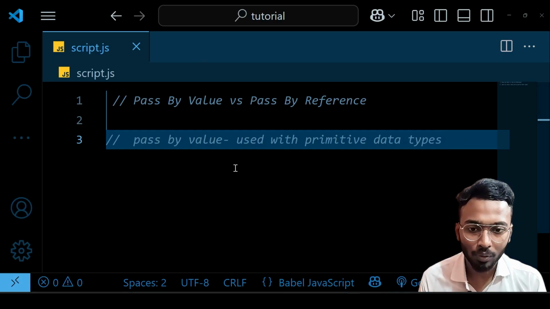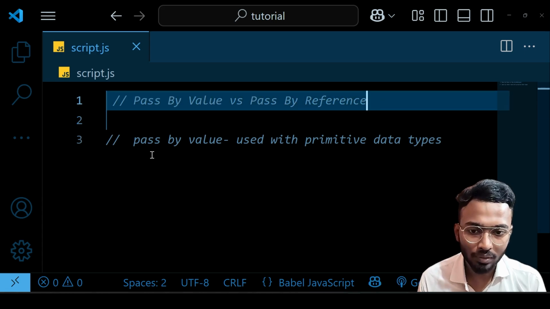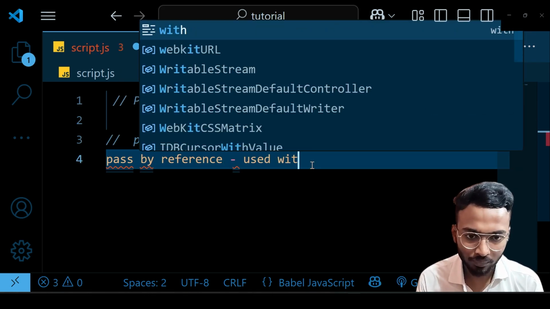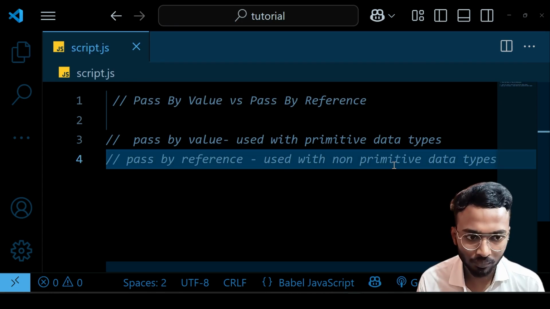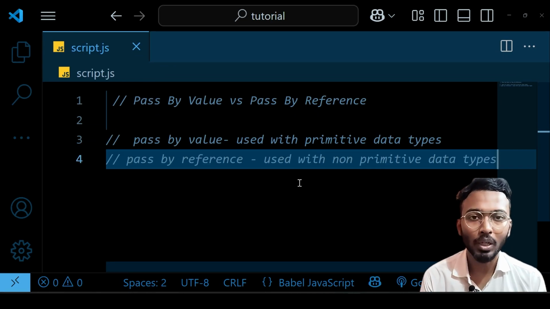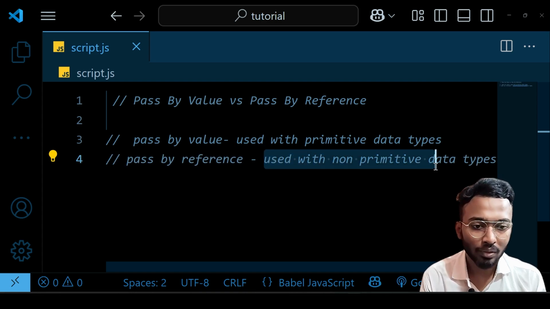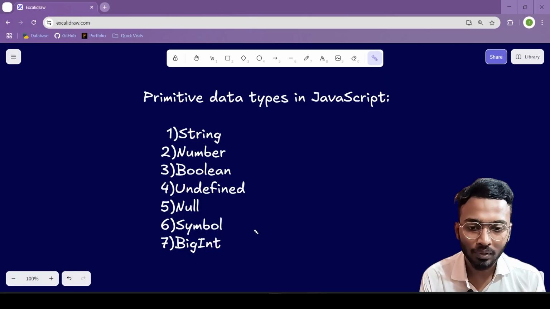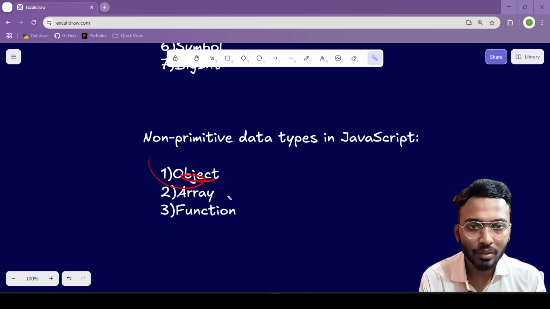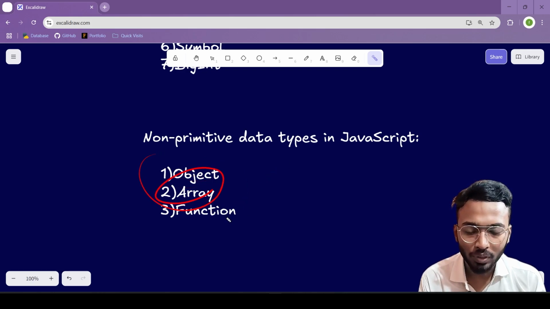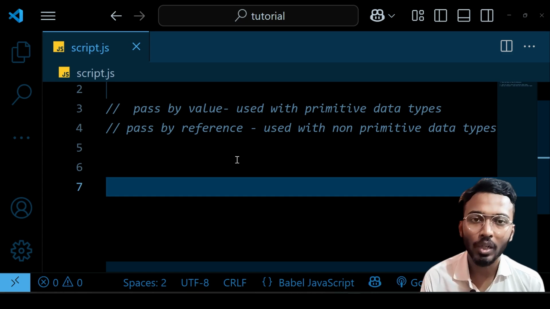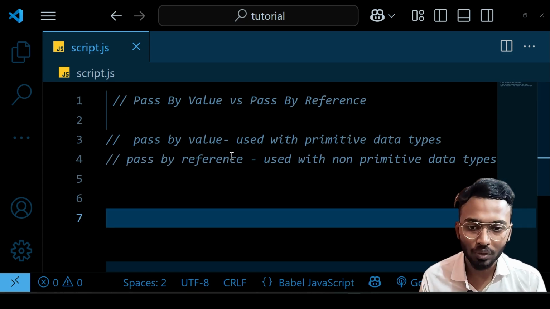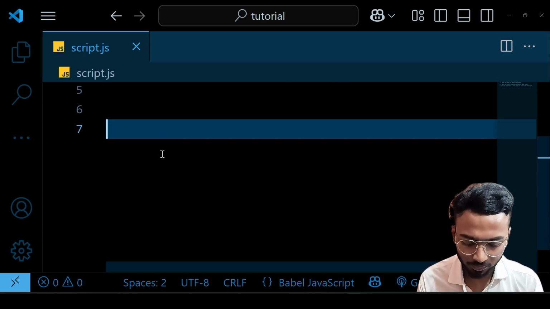And if I talk about pass by reference, so your pass by reference works with non-primitive data types. That is simply your objects, your arrays, your functions. So let me have few examples to explain you this concept. So first,